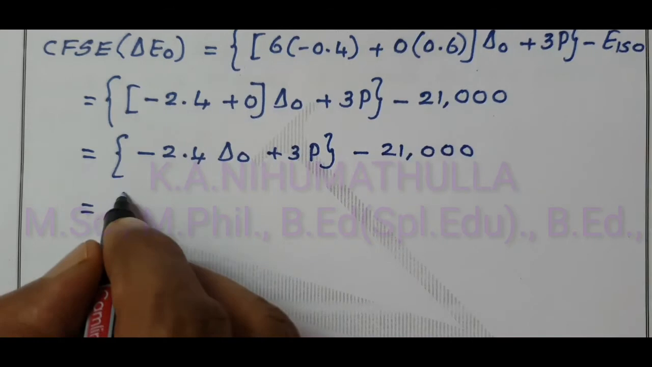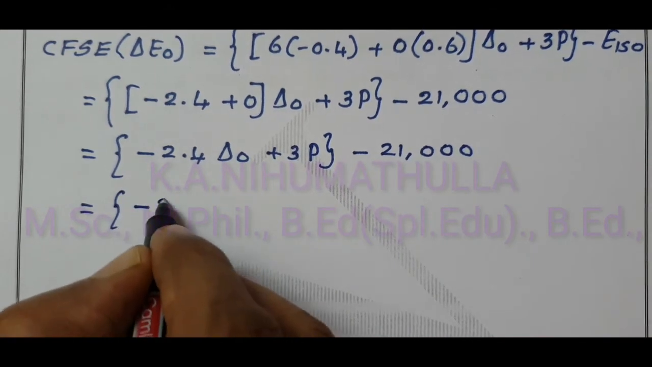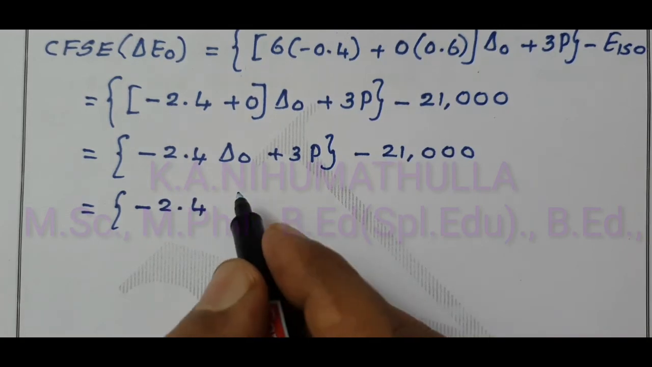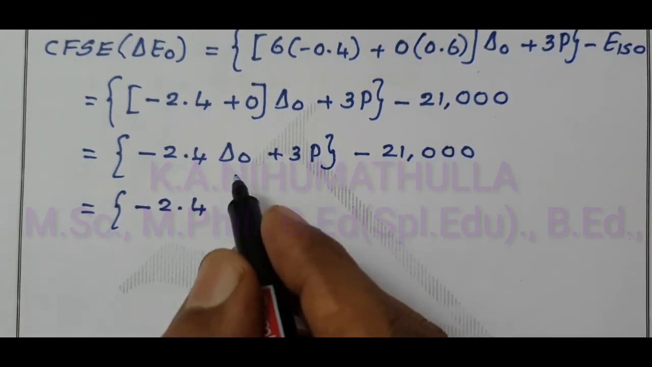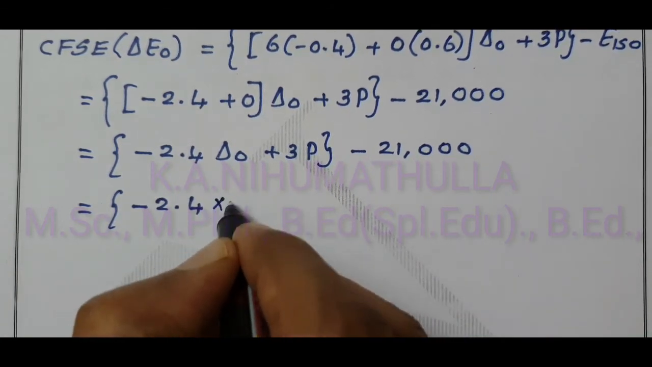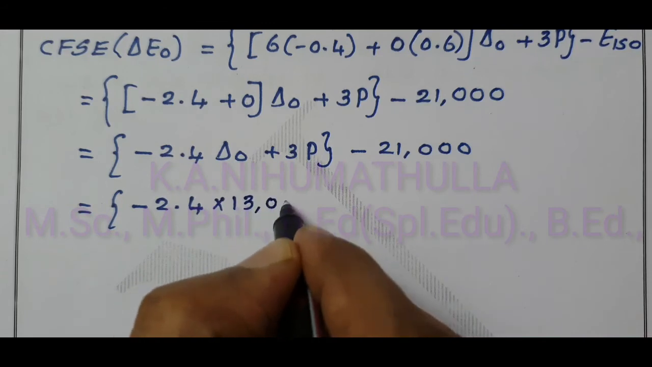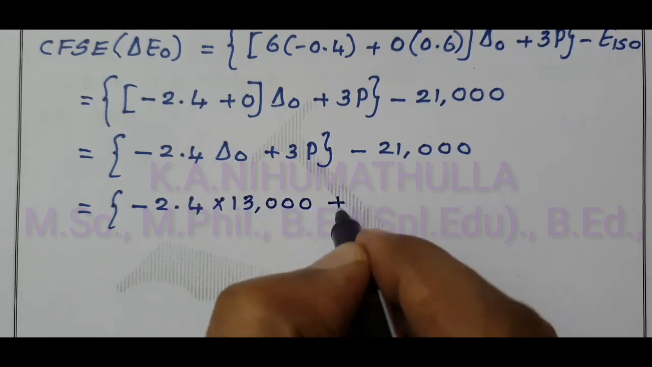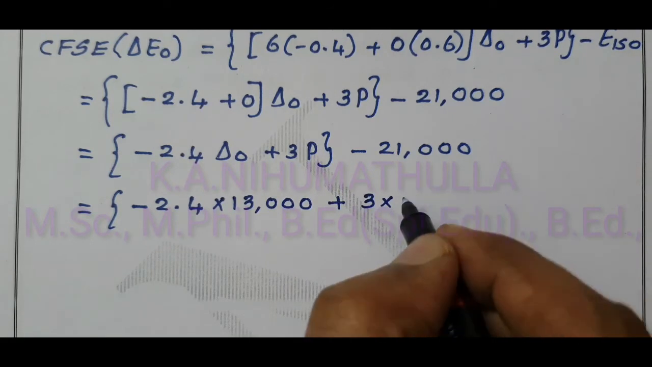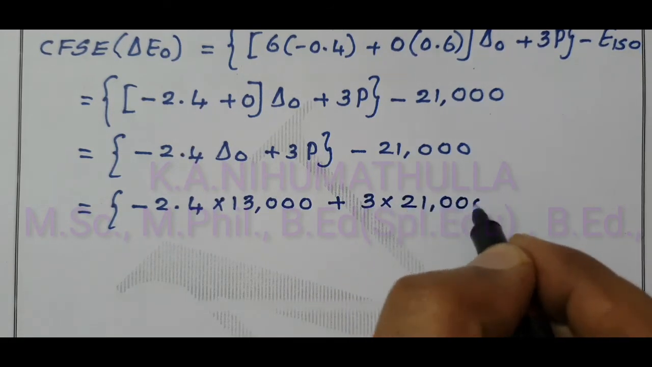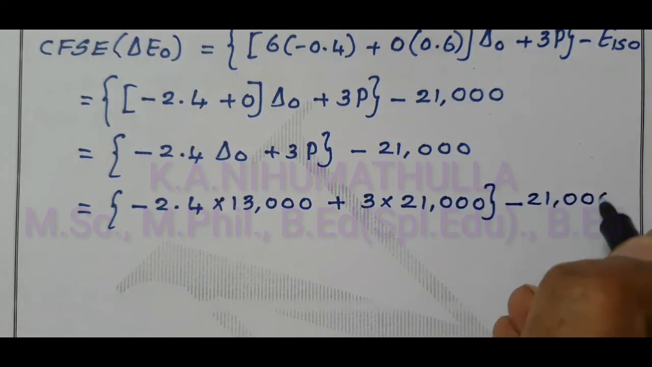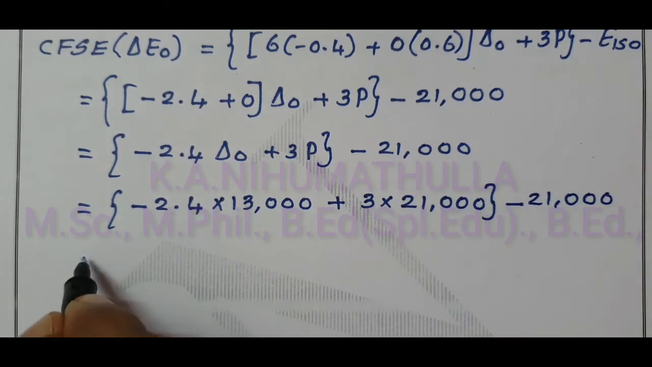Delta O minus 2.4 and octahedral crystal field splitting energy for cobalt is 13,000 plus 3 and pairing energy we know 21,000 minus 21,000, multiply all these values equal to